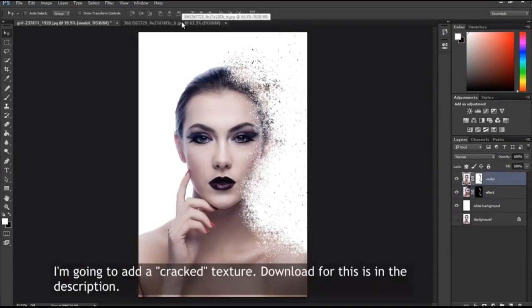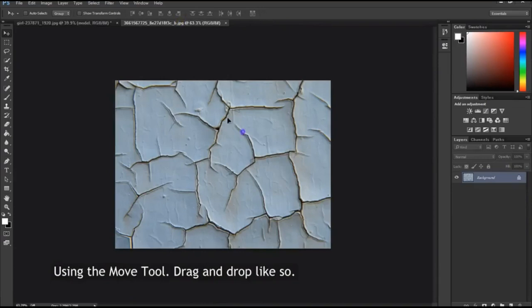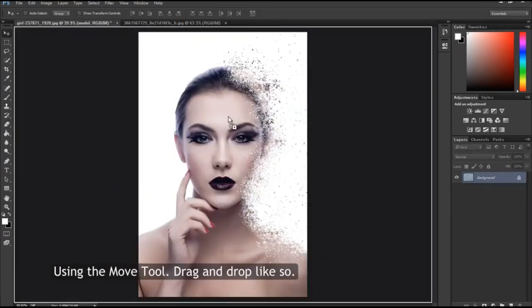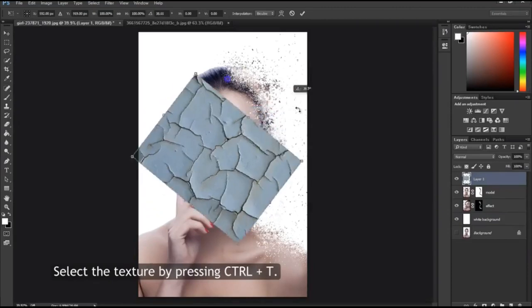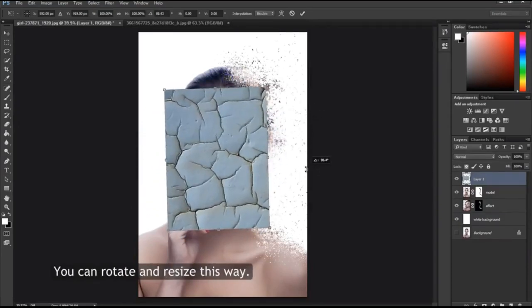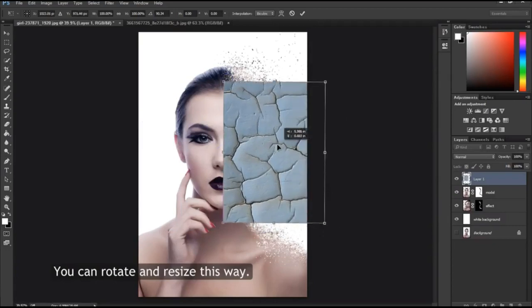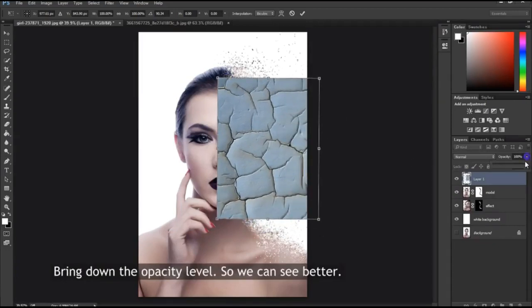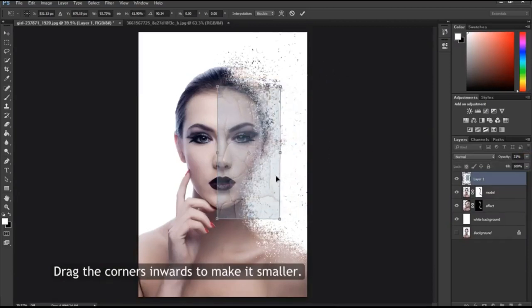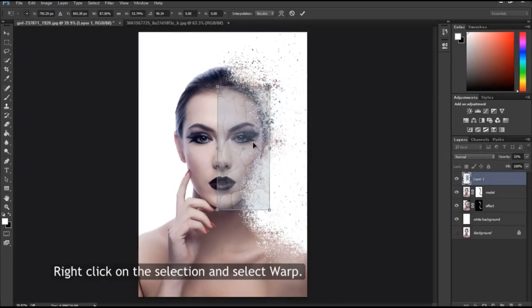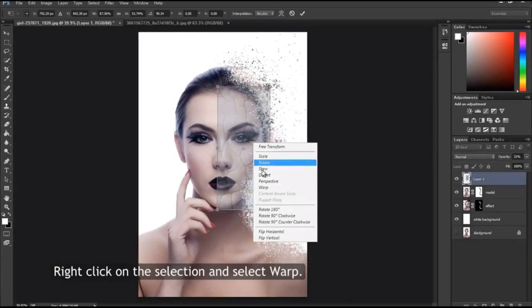Okay, I'm going to add the crack texture, and I have it right here. I click and drag, and then I let it go right here. So I'm going to select it by Command T, then I rotate it and resize it. Let's turn the opacity a little bit down so I can see better. The idea is to make this texture to be right on top of the half of